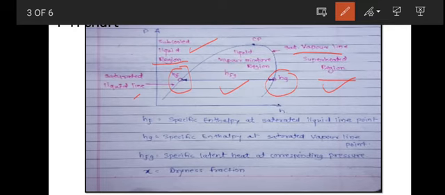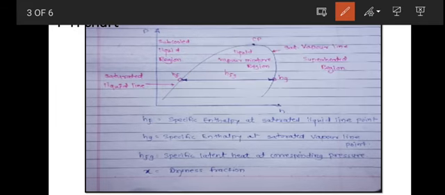Now here we will see hfg. hfg means the latent heat of the refrigerant at the corresponding pressure. At a constant pressure, it has the latent heat to convert the liquid into vapor. So if we supply that amount of energy to the liquid, then that liquid will be converted into gas form, that means we reach the saturated vapor line. So we have indicated it here.